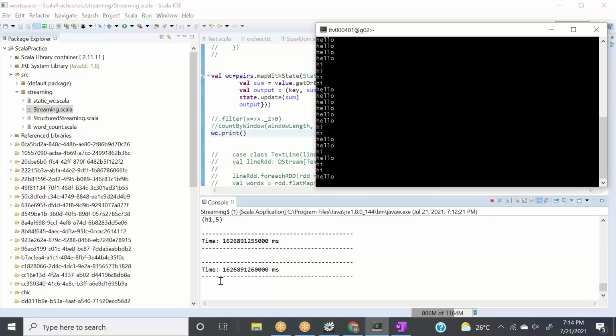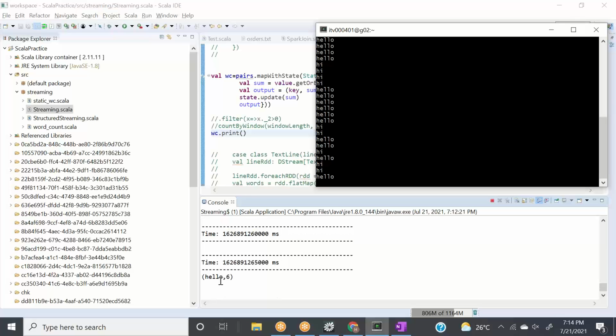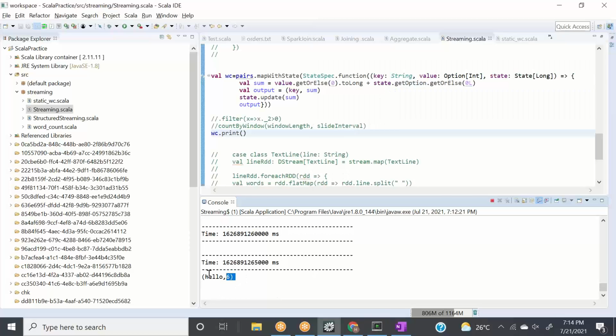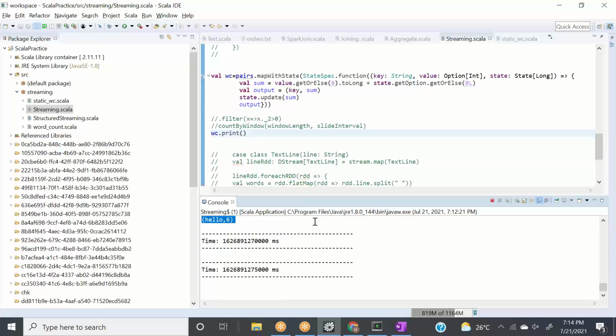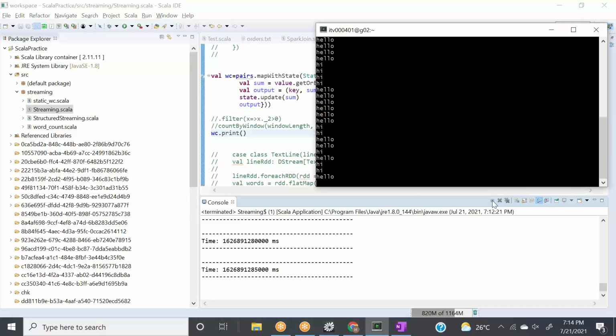If we give hello again, it will give hello 4 or 5 times, whatever it is, because it goes to the state and it did the change. This is the difference between update state by key and map with state. And the preference is to use map with state 100% of the time, because when we are talking about real-time streaming, we don't worry too much about the historical data. Okay, so this is good.